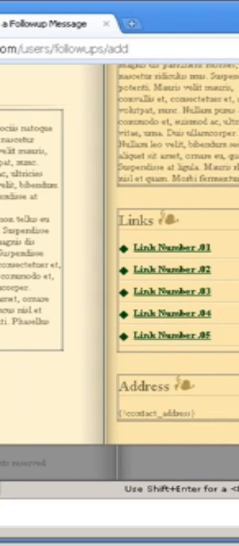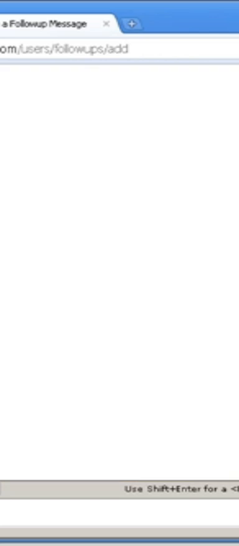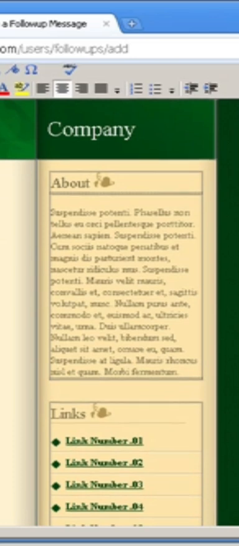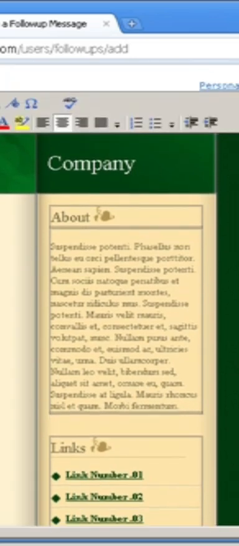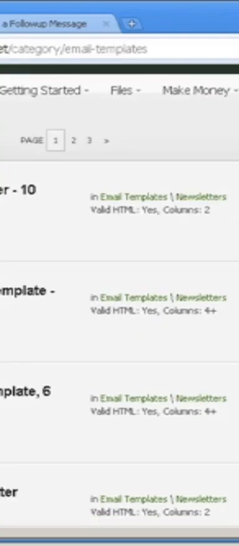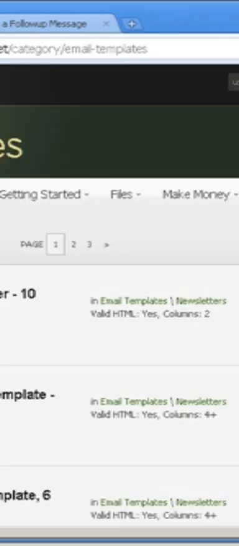Now, if you're wondering, oh man, I want to change the look of this, like from green to something else. Or let's say that you've looked through all of these templates and you don't find any template that you like. Well, what you can do is go to Google and find HTML templates. But if I were to recommend a site that has email templates that are professional enough, I would recommend